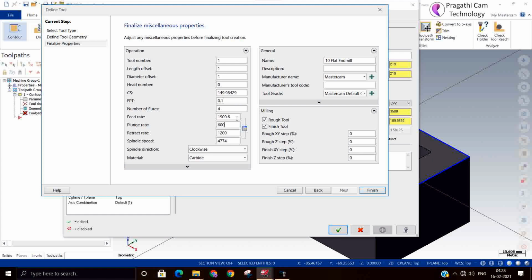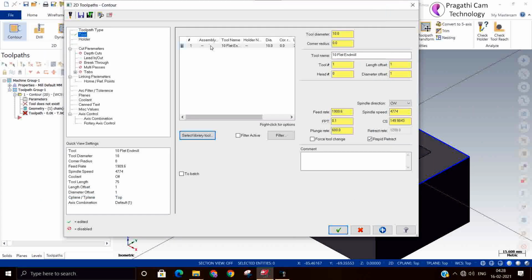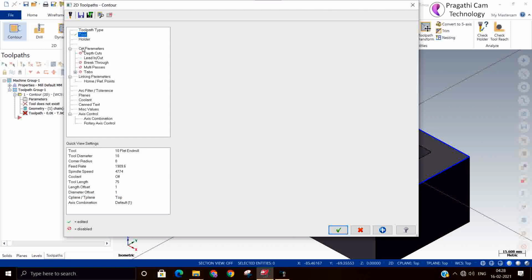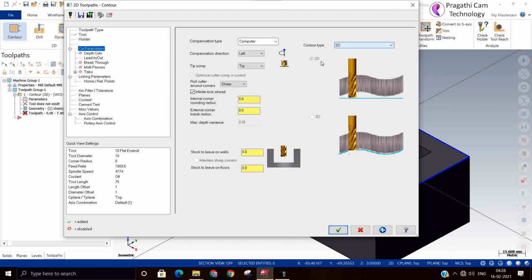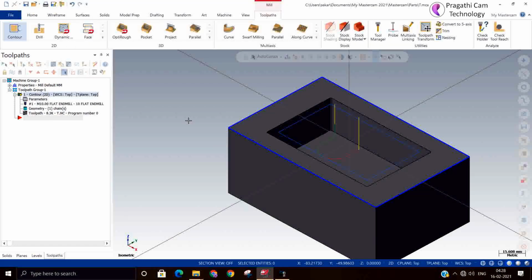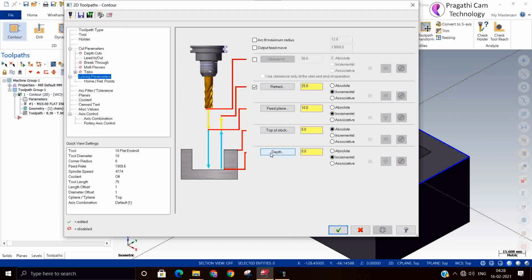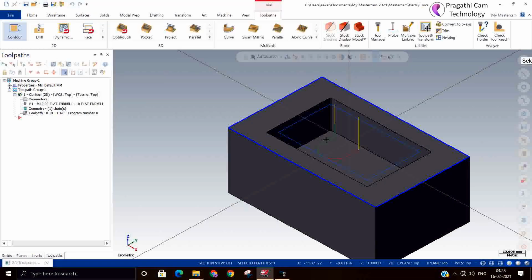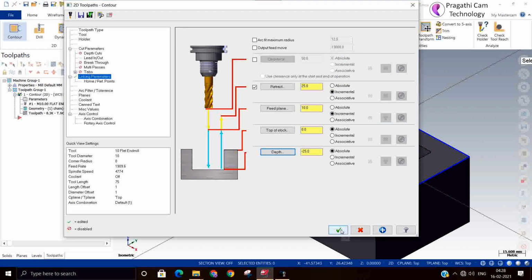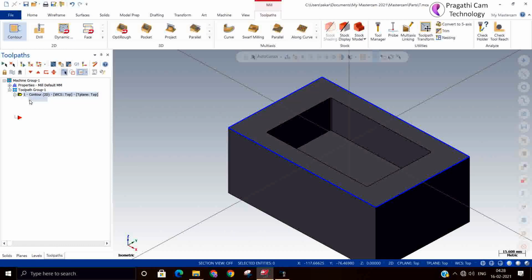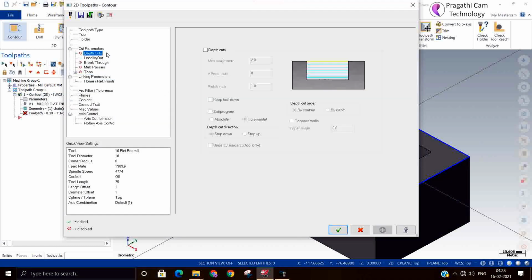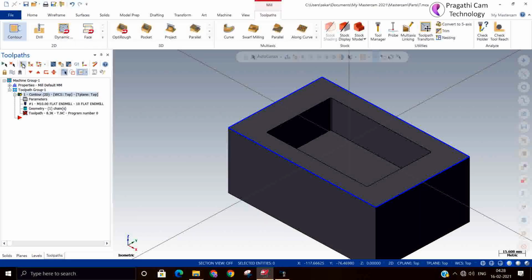Okay. So now in cut parameter, you can keep a 2D contour. Oh, depth I have not given. So you can go to depth. I'll select it directly in the model, and the depth of cut also we should give. I switch on and give 1 mm. Okay, so I'll regenerate. Now you can see that it has made the contour.